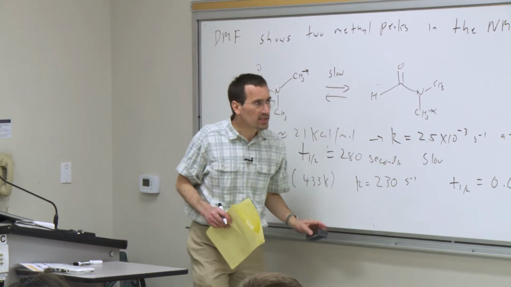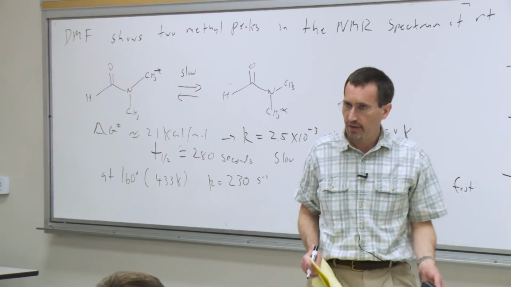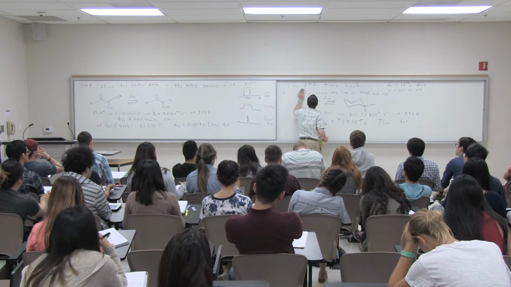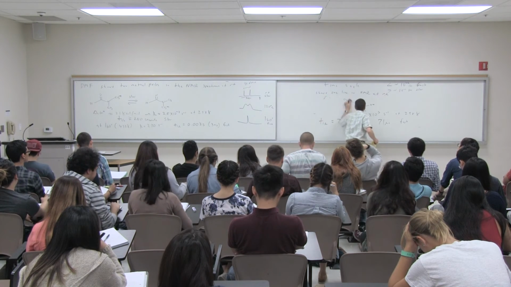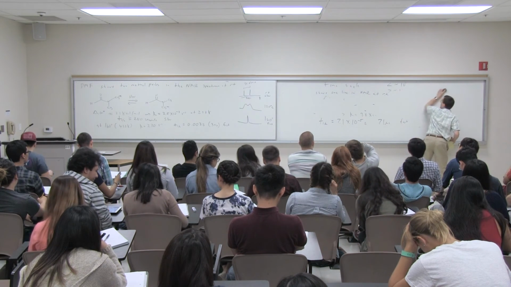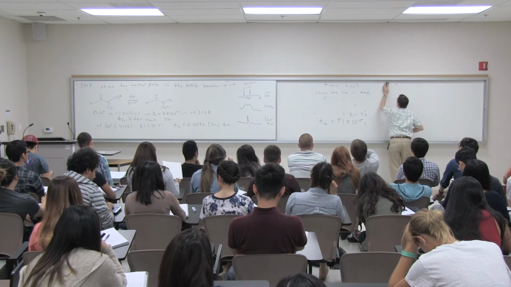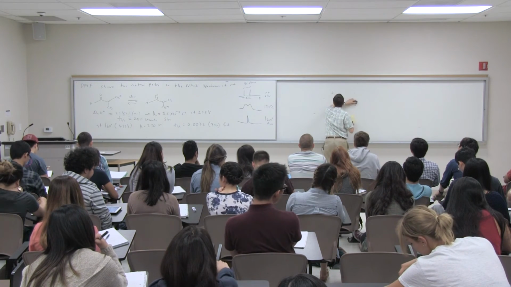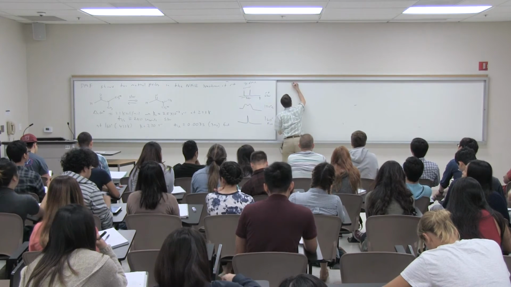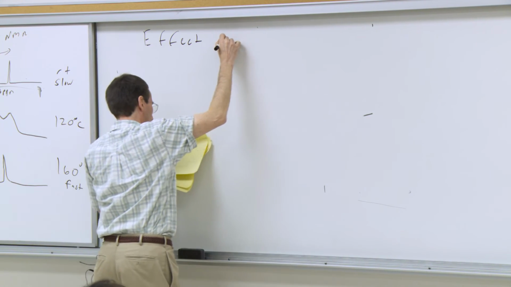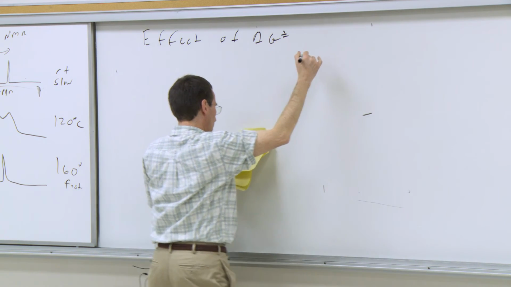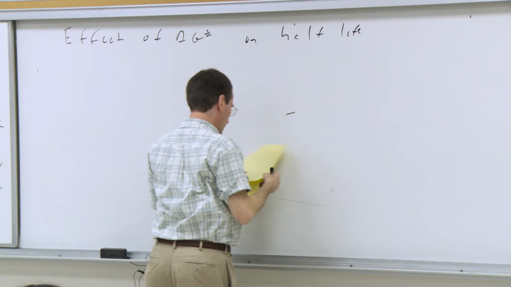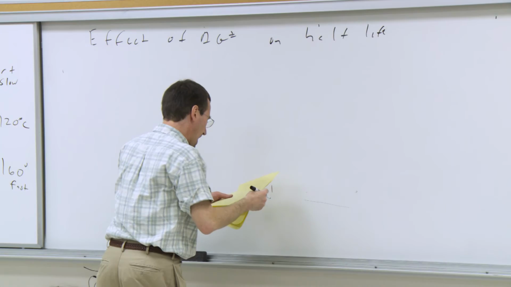I want to do a few things. I generally calibrate myself, and often I'll do that just by running some calculations. And I want to show you my thinking, and I hope I lend clarity, not confusion, in the next two tables that I want to present, because what I want to do is present the way I like to think about effects and sort of calibrate myself. And so the first thing I'll do, I made a table of the effect of delta G double dagger on half-life